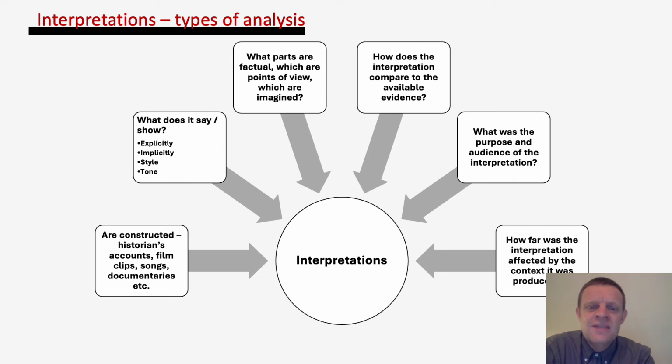So although there has been confusion about what interpretations are, there seems to be a consensus in the history education literature in the types of analysis we should get pupils to engage in when it comes to teaching them about historical interpretations. This diagram here summarises the kind of agreement in the literature, and essentially this diagram is based on what Tony McAlevey said in his article in Teaching History in 1993, and others have built on that really.